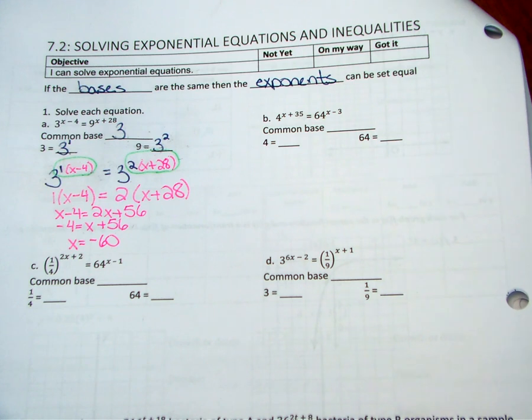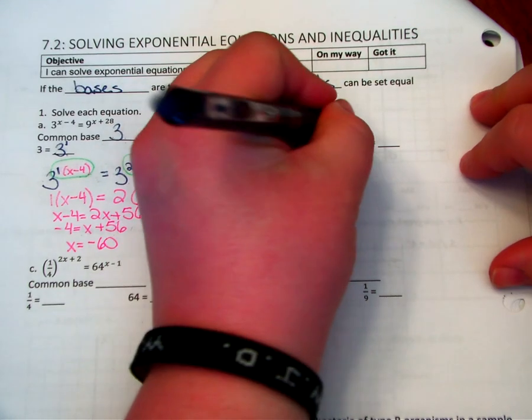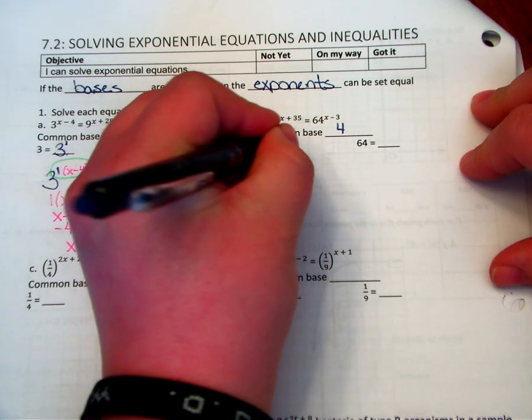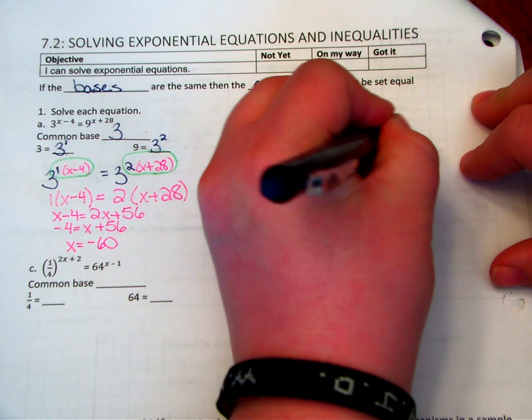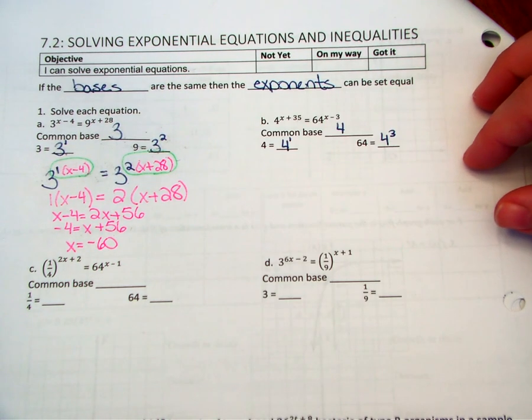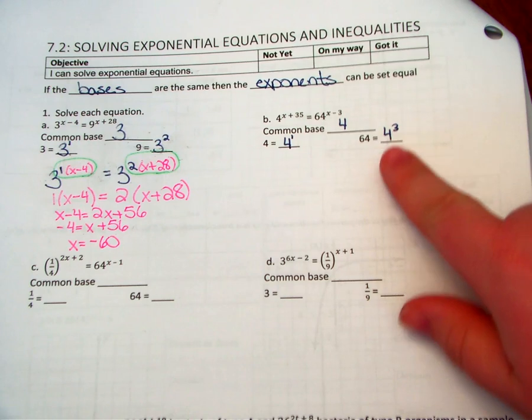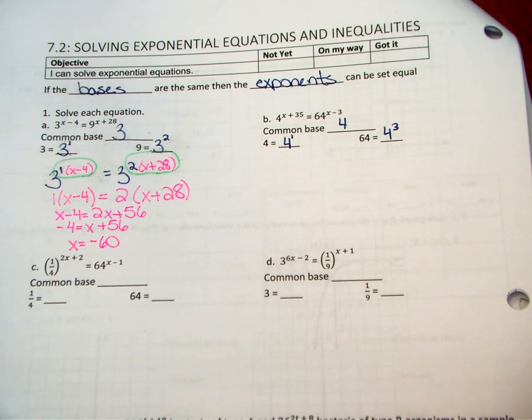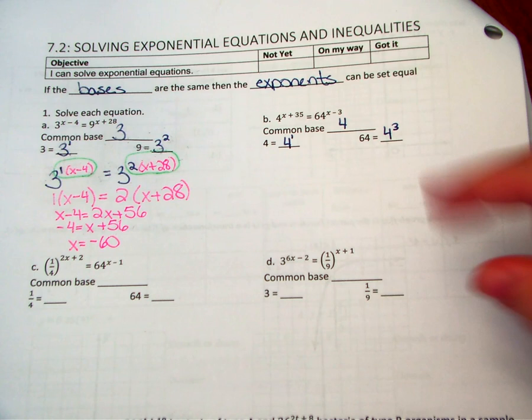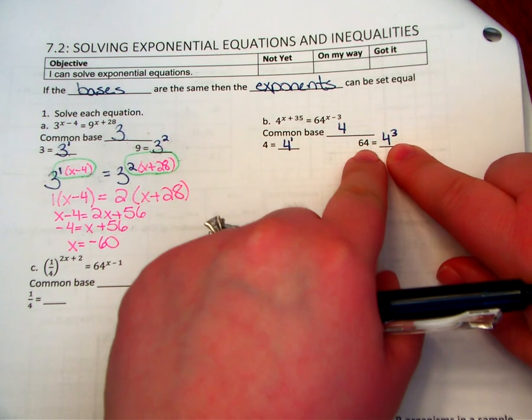4 and 64 needs to be rewritten with a common base. Now in this case, we can use 2 different bases. We could have a common base of 4, which would mean that we would have 4 to the first power and 4 to the third power. Or you could have used a common base of 2, in which case 4 would be 2 squared and 64 would be 2 to the 6th power. Either one would work